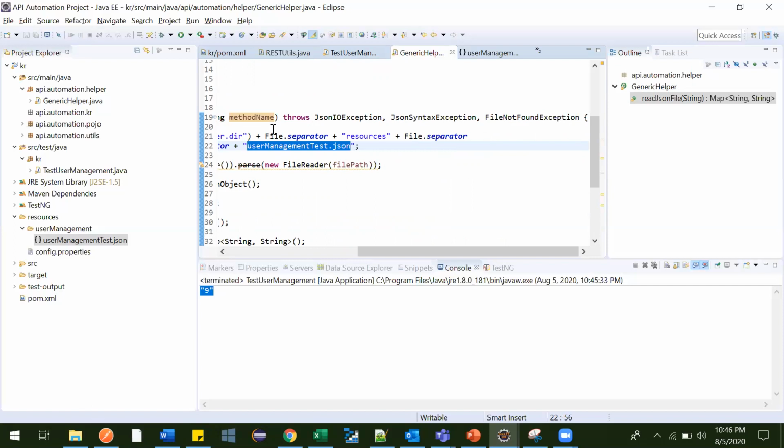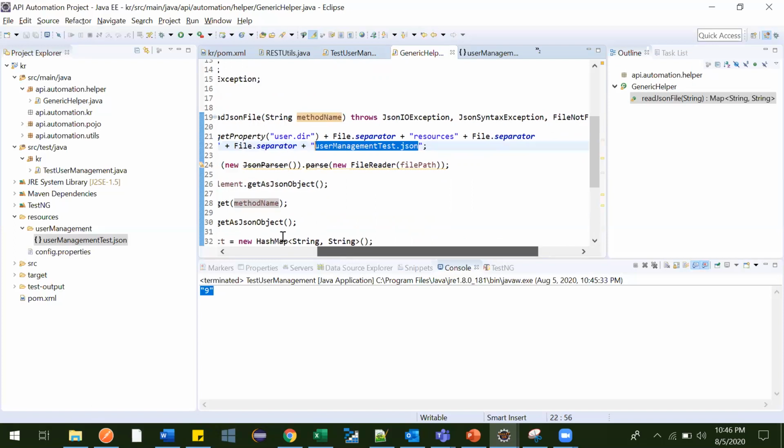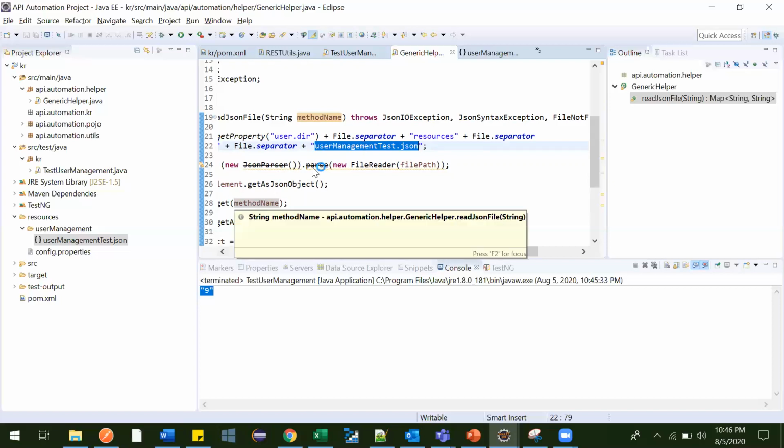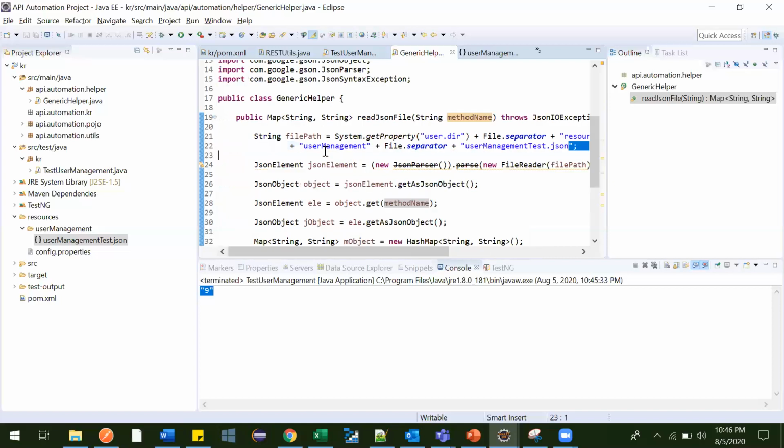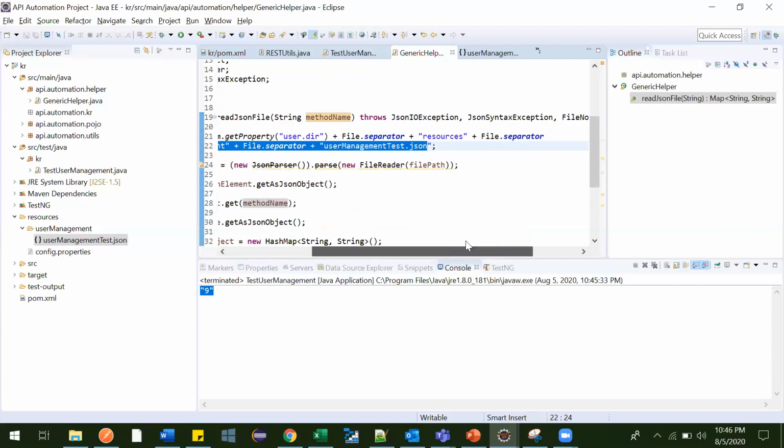So this also we can do likewise. Earlier we created this method variable and generalized it, right? Likewise we can generalize this also. Whenever anybody uses it, they can provide which file they want to read and which method they want to read. They'll just provide those two names and it will point to that, right? So let me go here and change it.